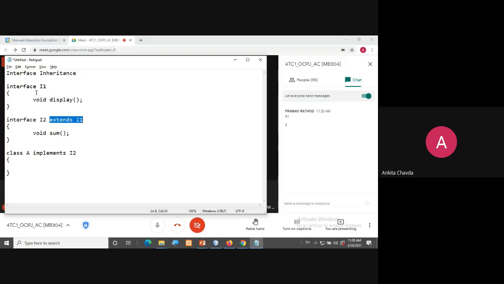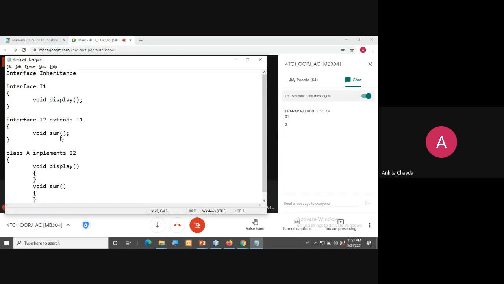So whatever methods are available with I1, you also need to include. So it is correct, right? You have to implement here void display as well as void sum, both the methods.